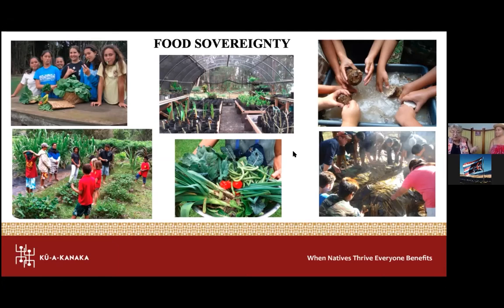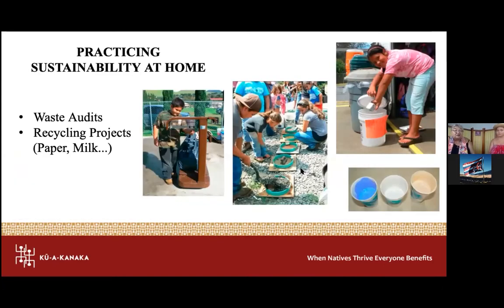Even if it's just one pot of green onions or a tomato plant, or chives, or parsley, whatever it may be, that doesn't take too much room, or lettuce, things that grow easily, but just so that they understand that that is something that they need to know if we're going to be getting more sustainable as far as food is concerned here in Hawaii.